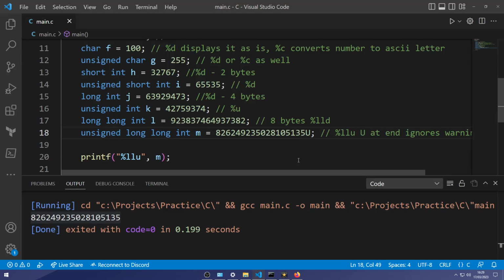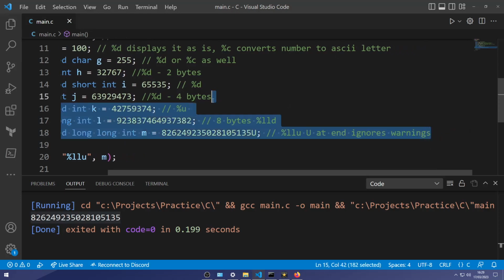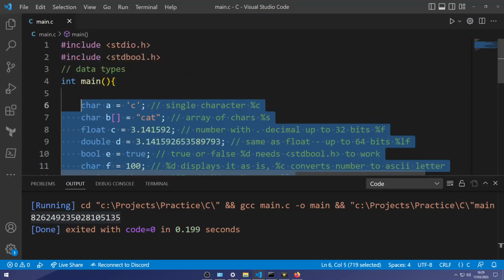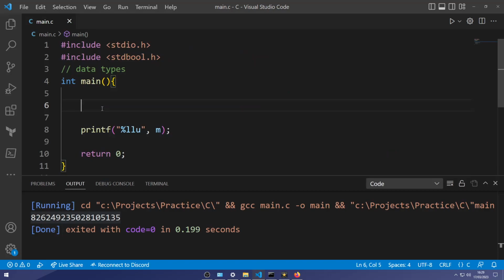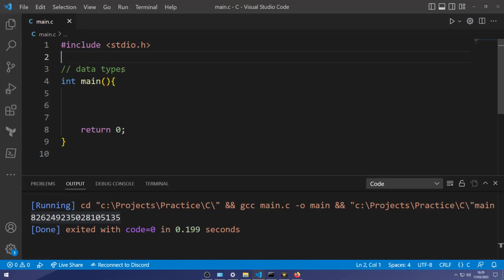So now we know all about variables and data types, right? Yeah, I know. If this is your first time seeing all this, it's a lot to wrap your head around and probably doesn't make a lot of sense. Don't be too hard on yourself. Don't beat yourself up about it. This is one of those things you'll get better with time and repetition. The more times you look at this and the more times you do hands-on practice, the better you'll get. Just don't give up no matter what.